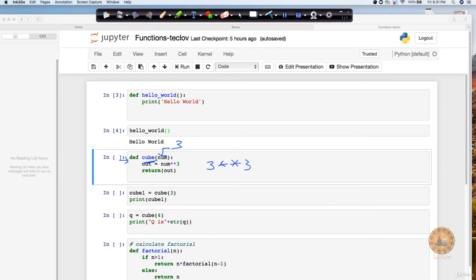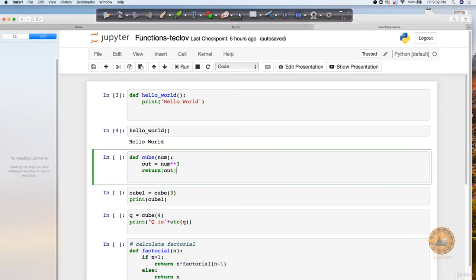That's what we want to do here, and return my output. So whatever calculation happens, just return that particular output for me. Now in this case, how it will work: this cube is just creating a function, and you can notice this indentation, which makes it clear that the function is going to return a statement. And now when I have to call it, I'm saying cube 3.